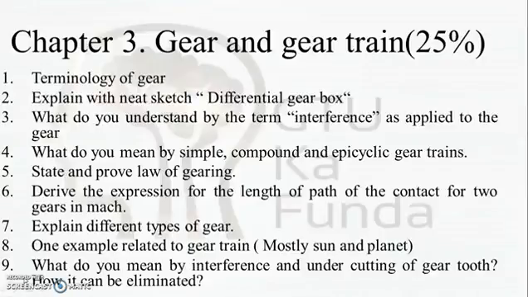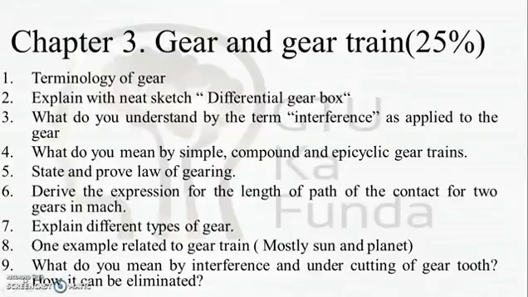But when we know that we can score much more in the subject, why be satisfied with only passing marks? You should easily get 50 to 55 marks in this examination, which will give you around an AB grade, which is sufficient. So for gear and gear train, you should go through the terminology of gear. Terminology of gear will come up everywhere in engineering, so be prepared for this question.